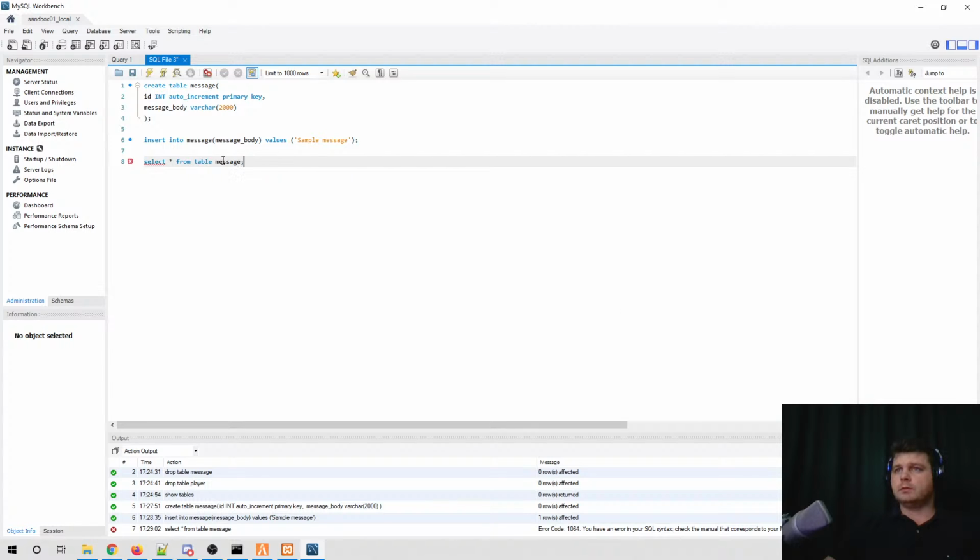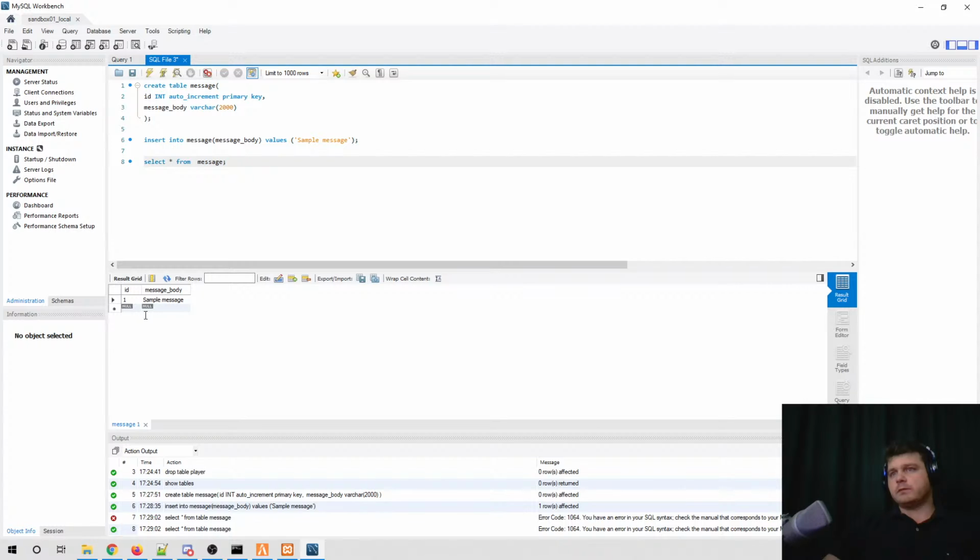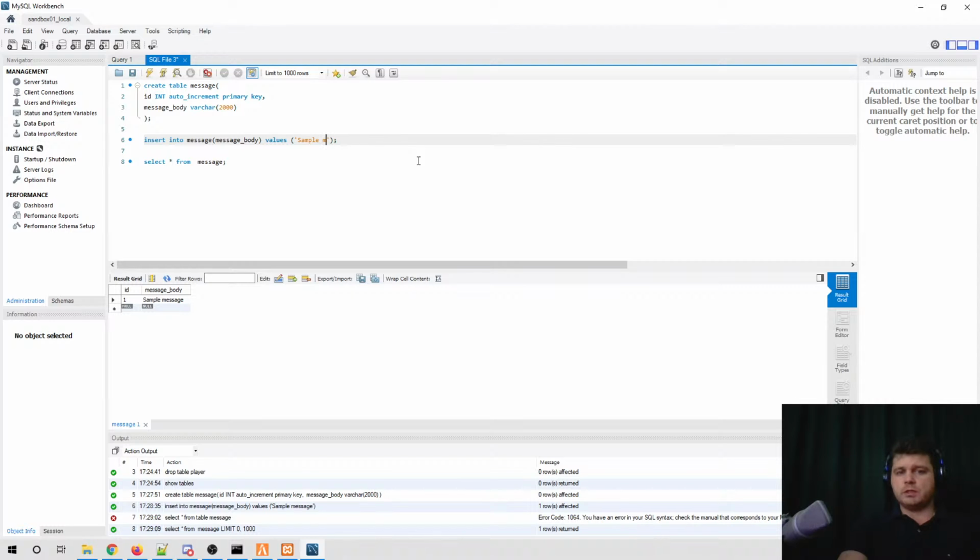Okay. Oh, white table. Okay, select from message. Just select from message. Okay, as you can see, I have my message here. I'm going to add another message just to have more than one, so that I'm able to read a whole collection of messages